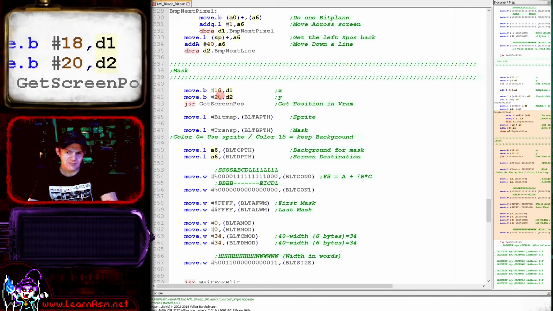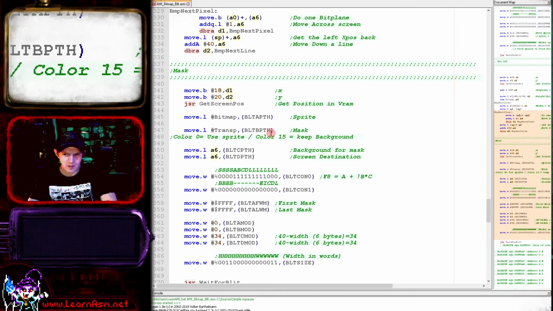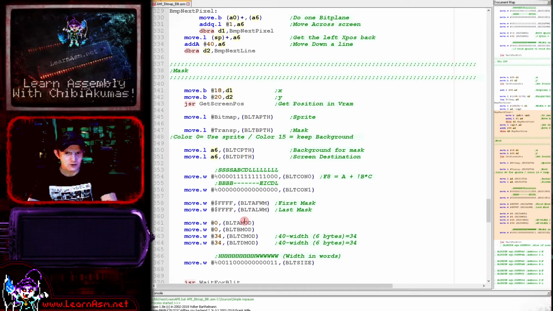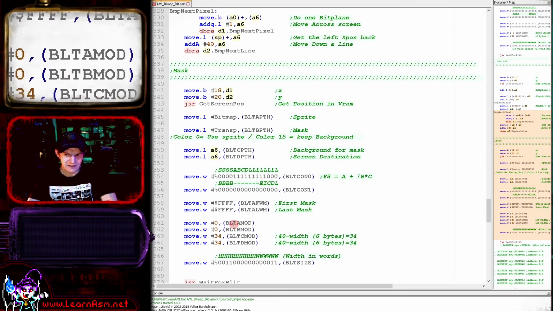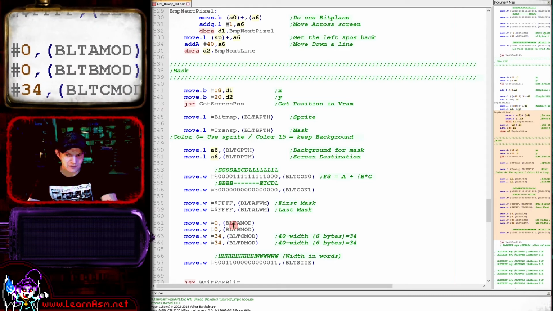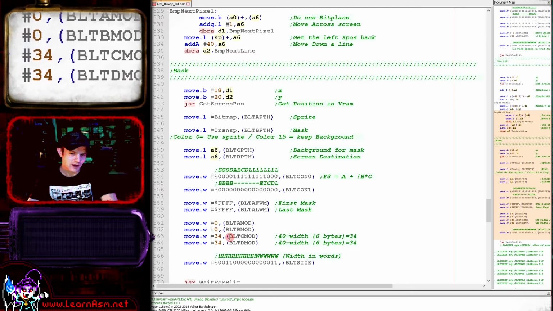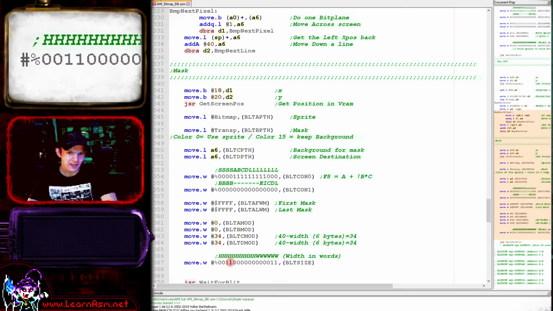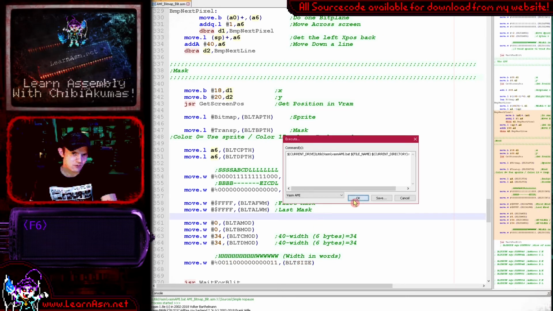So again, we're specifying our source memory here. We've got our bitmap as source A, our transparent bitmap as source B, our screen memory as source C, and destination. We're not doing any bit shifting again because I don't think my mind could cope with it another time. We're setting no offset for the mods for A and B. A is of course our sprite and B is our transparency mask for our sprite. C is the screen memory, so 34, again that's 40 minus the 6-byte wide sprite. And D the destination, again the same. We're then setting our size and that starts the operation,